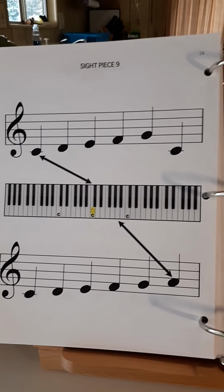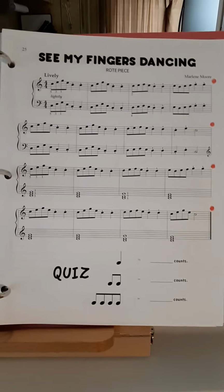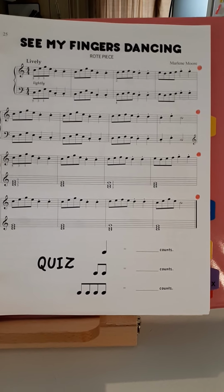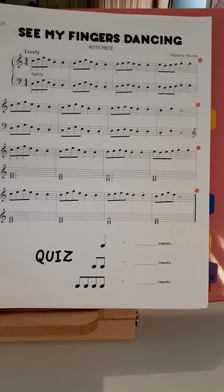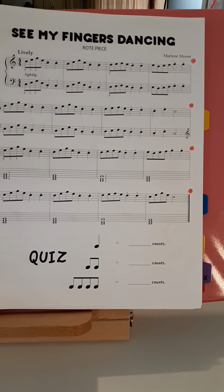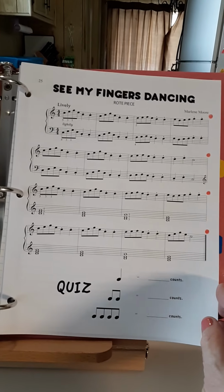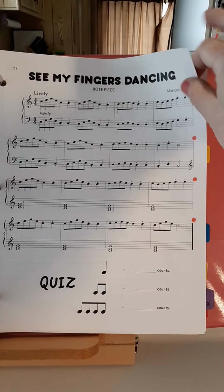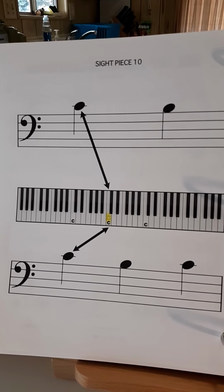Next sight piece. And the favorite recital piece. See my fingers dancing. They love, love, love this piece. And I feel good about that because I wrote it. That's one of my pieces. And they have a good time with that one. Okay, followed by sight piece 10,